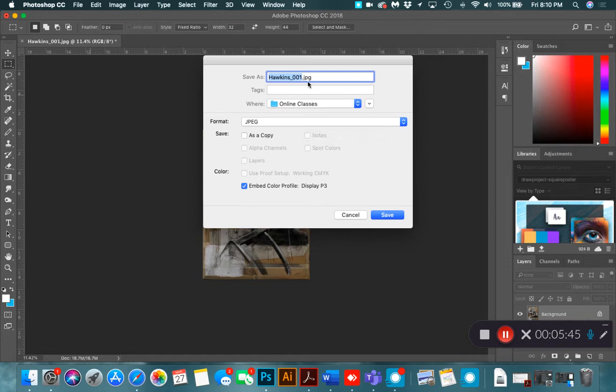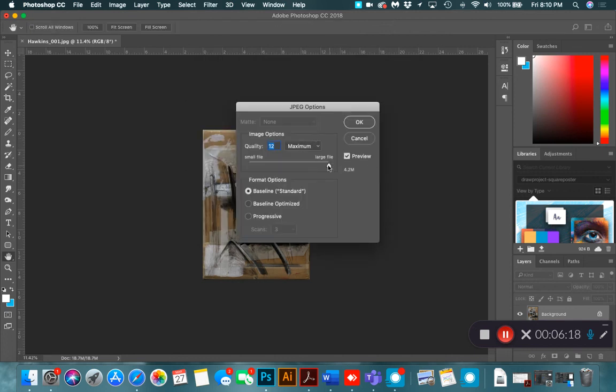So, and then the title or the file name of this needs to be your last name underscore and then the name of the assignment. So my last name's already on there, but instead of these numbers, the title of this assignment particularly was chair. I think it was chair drawing. All right, so we're going to hit save. We're going to make it the maximum as far as image quality goes. We're going to go to the largest maximum capability here. Press OK,